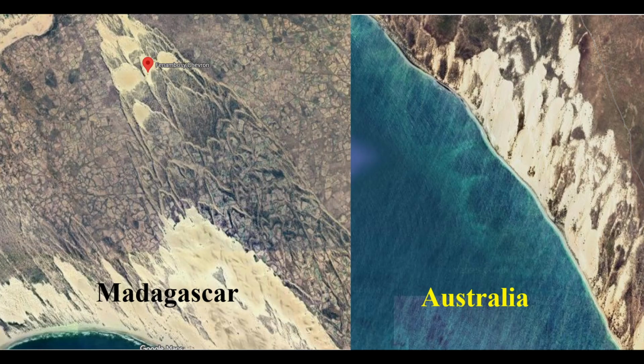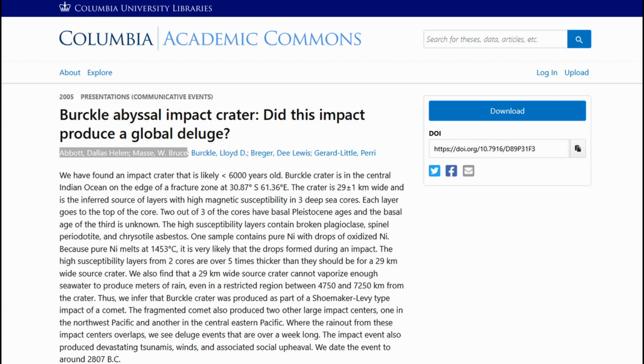It wasn't entirely rhetorical. One way is carbon dating the marine shells found in the associated chevrons. Another is carbon dating the remains of tiny sea creatures found in association with magnetic microspherules in the deep sea sediment cores. A third way was an analysis performed by Bruce Masse and Dallas Abbott of 175 flood myths, dating them and tying them to an astronomical event on May 10th, 2807 BC, which could have been the impact.